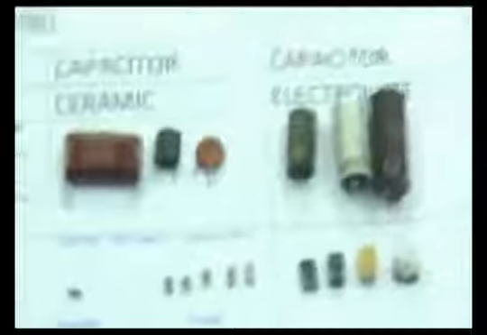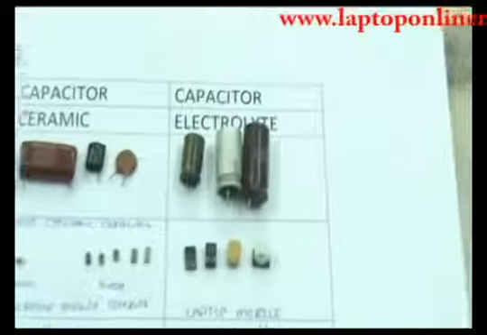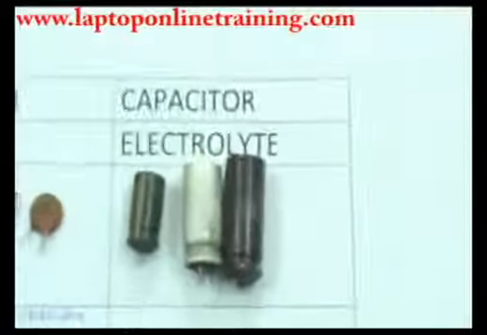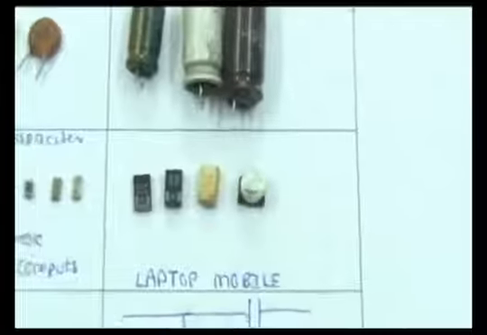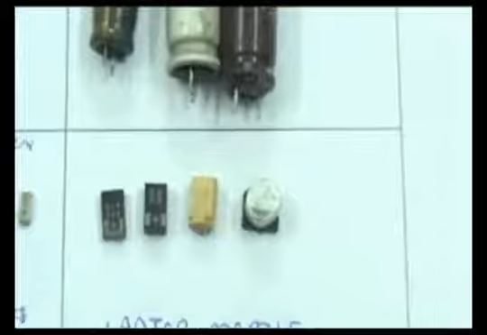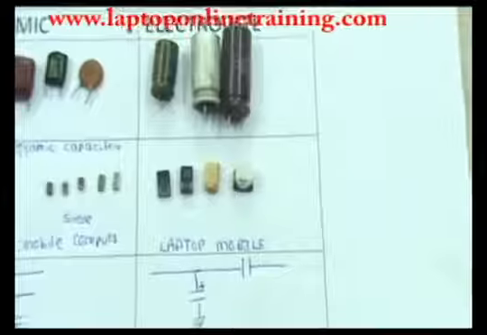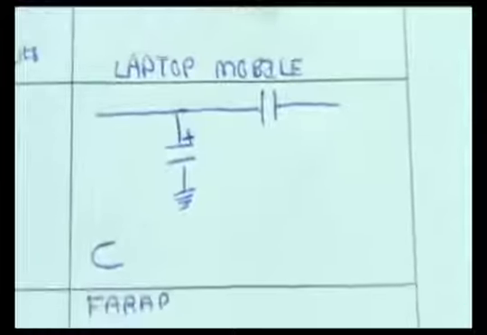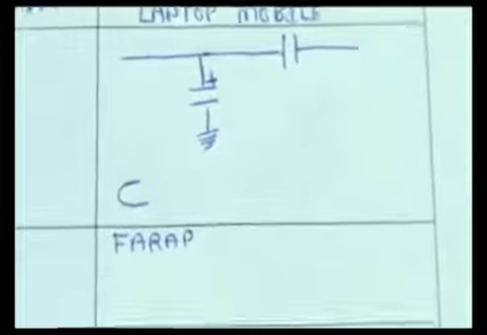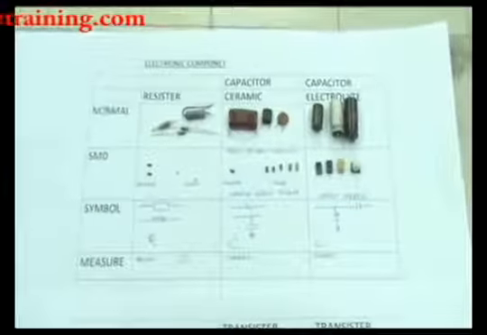This is a capacitor with electrolyte, which charges and discharges. On older boards it will be seen like this. But in motherboard SMD technology it will be like this. It will be black or yellow or some ceramic, in different types of laptop, mobile and desktop motherboards. Its symbol is also like this. It will be bypassed with the capacitor. It is indicated by C, and also measured in farads. So this is the resistor, capacitors, electrolyte and ceramic capacitors.